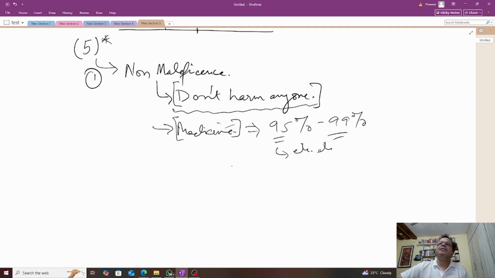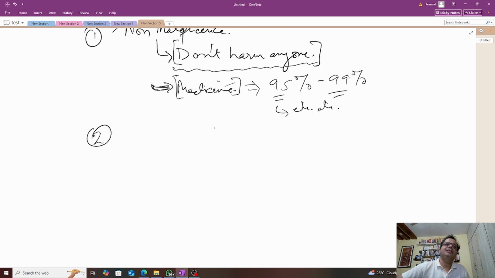So in those cases, we may not have the principle of non-maleficence applied universally or in all circumstances, but there is an appropriate consortium of people who will decide how universally you want to apply this principle. But that's the first principle, which says that whatever action you take, you should try to not harm anyone.